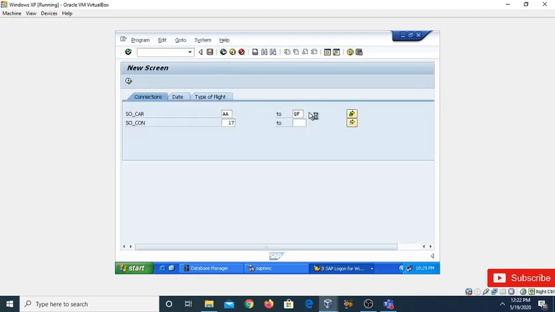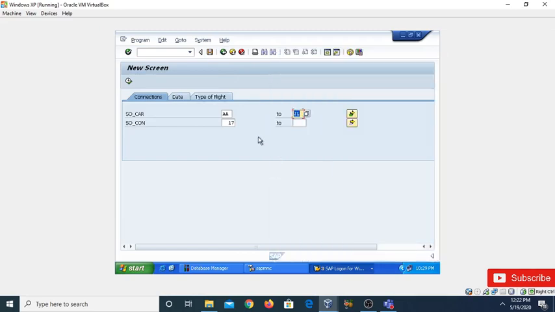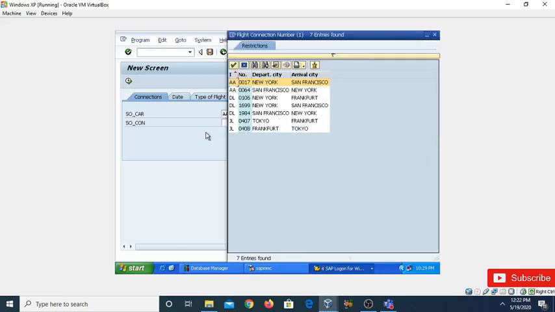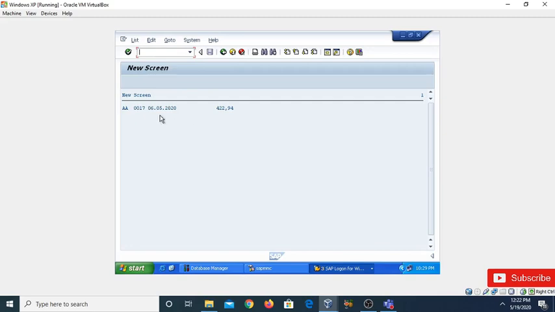Suppose I am giving AA to JL, Japan Airlines, and then you can also give the connection ID corresponding to AA. The connection was 17, and corresponding to JL there is this one. So the date is the same, the type of flight is the same, and then execute it.